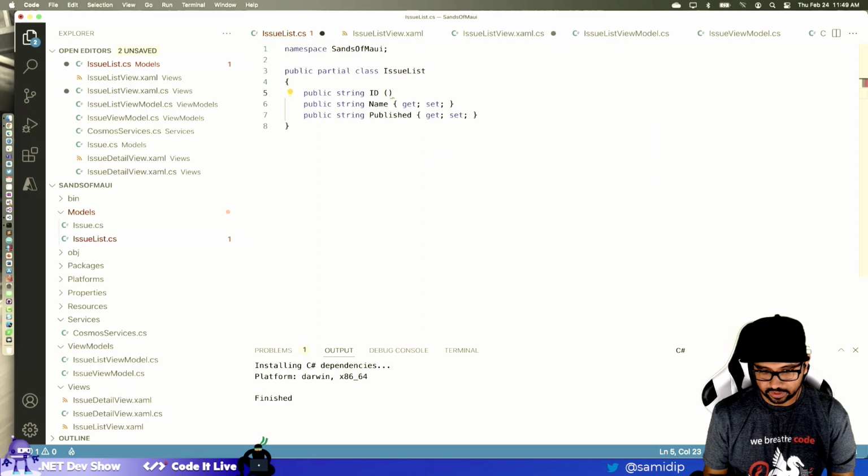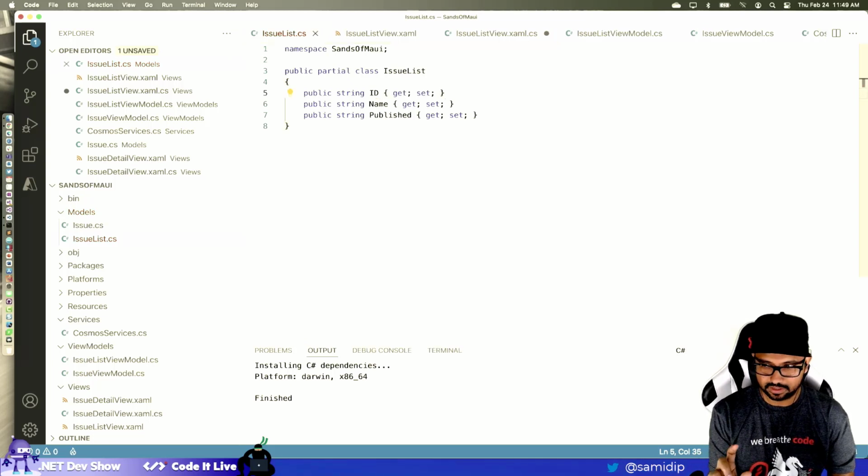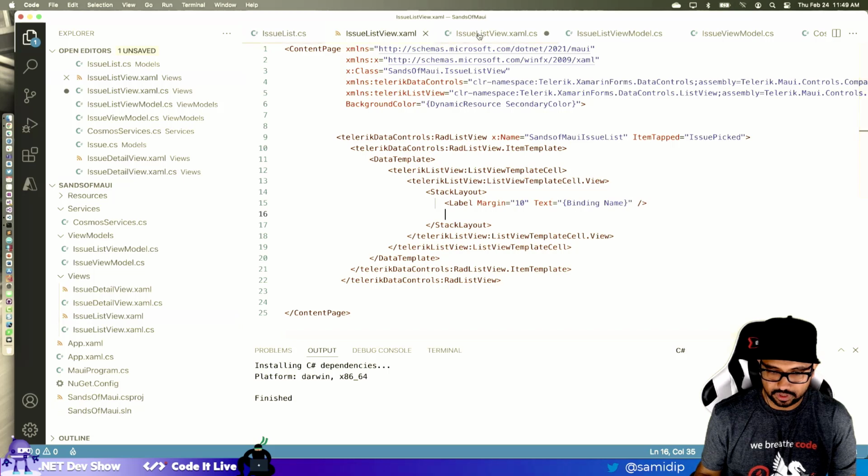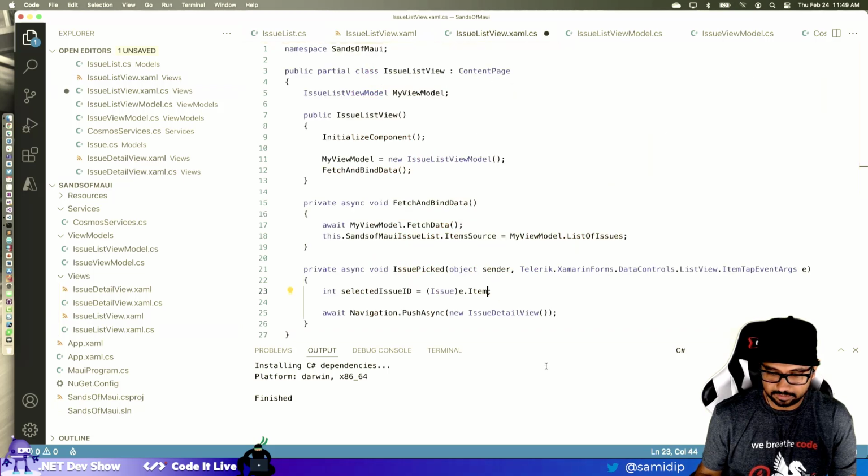And again, I'm hoping that this is smart enough to do this serialization, deserialization based on just the name of the field, not having a private field, but something that matches what the cloud is sending back. So we're going to get that ID or item, which is not actually an issue because it is actually an issue list.